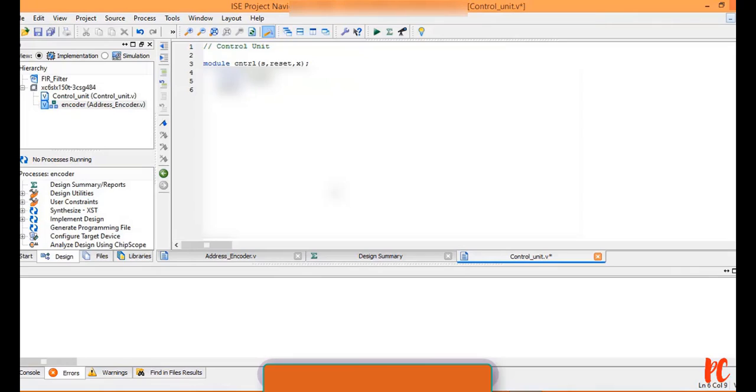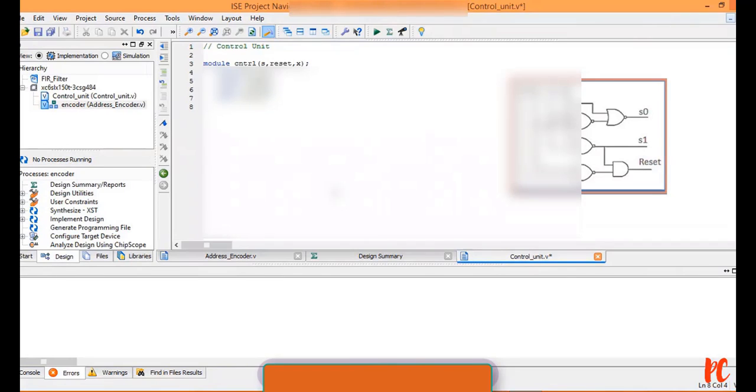Input, which is of 4-bit, 3 down to 0, X. Wire, which is needed, again is of 3-bit. This time I am naming it as I. Now let's start it.